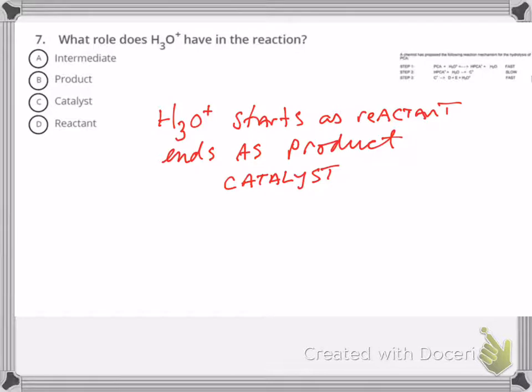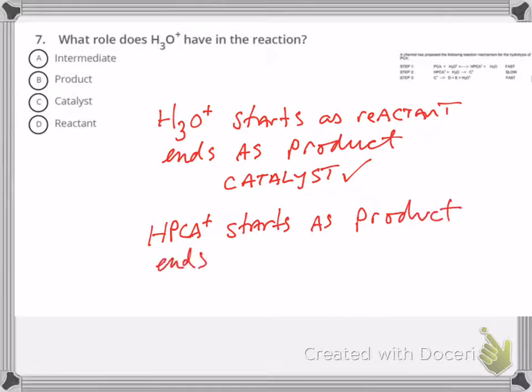It maintains the potential energy of the reactants and overall products. It doesn't change the equilibrium constant, but it does change the rate. By lowering the activation energy, it increases the rate. So it's a catalyst. And to be complete, we could see that HPCA, by comparison, starts as a